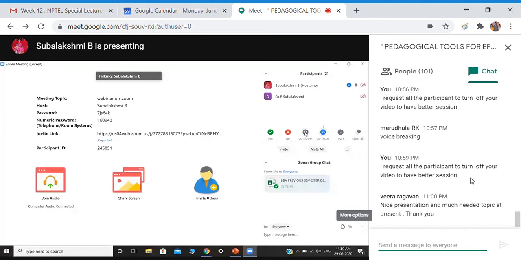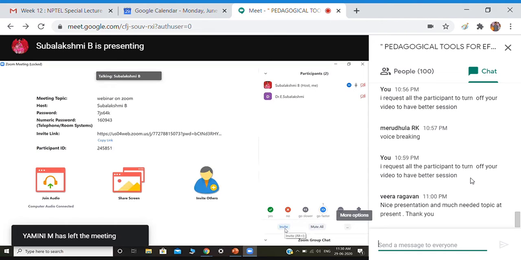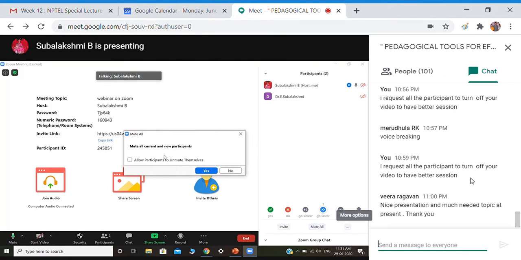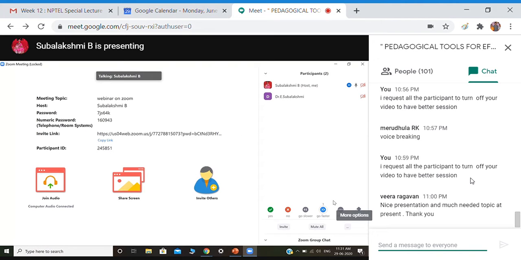And next you have the option here, more. It has like, dislike, thumbs up, thumbs down, claps, raise hand, need a break. So these are all the non-verbal communications we have. And here also the invite link will be available. And next you have the mute all option here. If you select mute all, you can see here allow participants, because already they are muted. If you want to mute everyone, you can select this mute all, or if you want to unmute them, again you have to select this option, and they'll be unmuted.